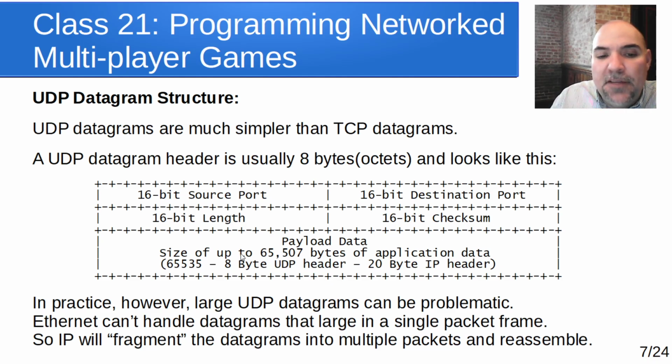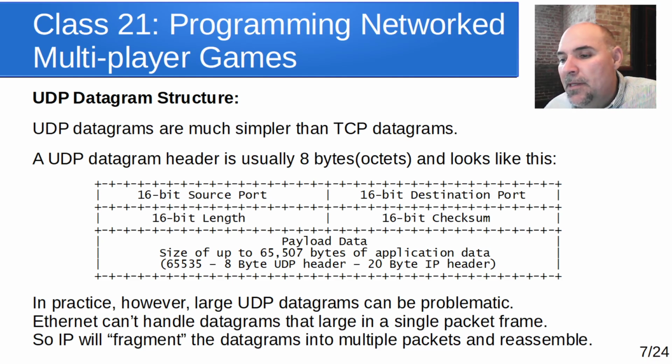And you'll notice the payload says you can have a size up to 65,507 bytes of application data. The reason it's that number is you have 65,535 minus 8 minus 20, which gets you down to 65,507. But we don't want to make datagrams that big, and there's a good reason for that. Large datagrams can be problematic, especially for game programming. IP, or TCP/IP or UDP, will support datagrams up to that 65,507 bytes. We want to keep it smaller, and the reason is because Ethernet, the underlying networking system,